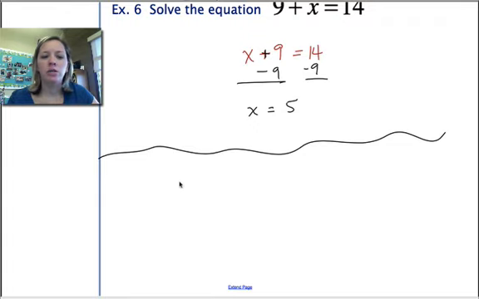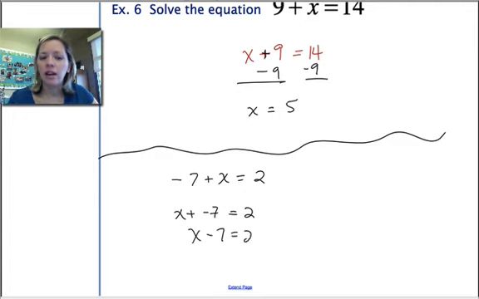So like, let's say our equation was negative 7 plus x equals 2, right? So we still have addition, so we can rearrange the terms, but if we rearrange the terms, the x was positive, and we were adding to that negative 7, right? So if we have x plus negative 7, that's the same as saying x minus 7, and then we can say, oh, well, yeah, this equation really had addition in it originally, but if I rearrange it with the variable first, I can see that, oh yeah, this is really a subtraction equation, and so to undo that, I would add